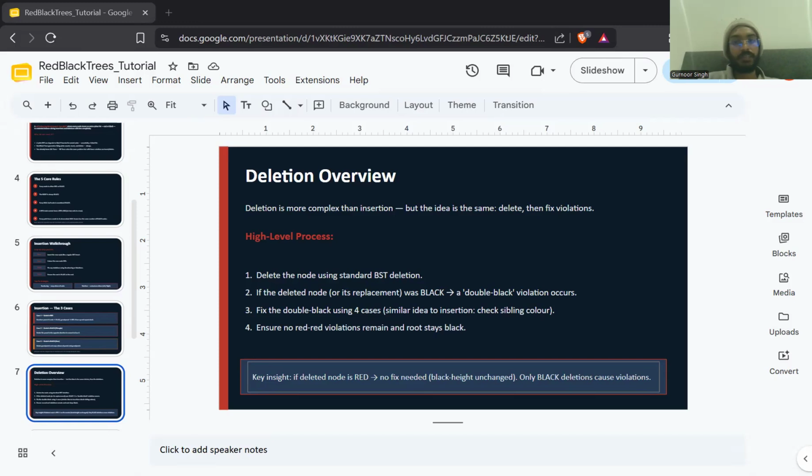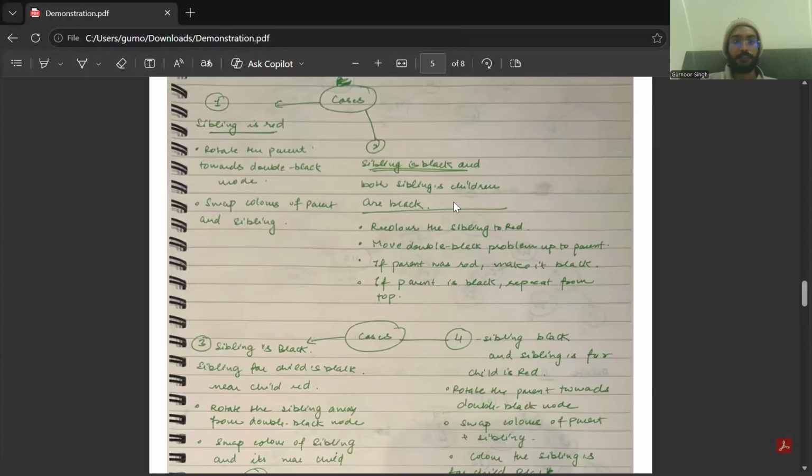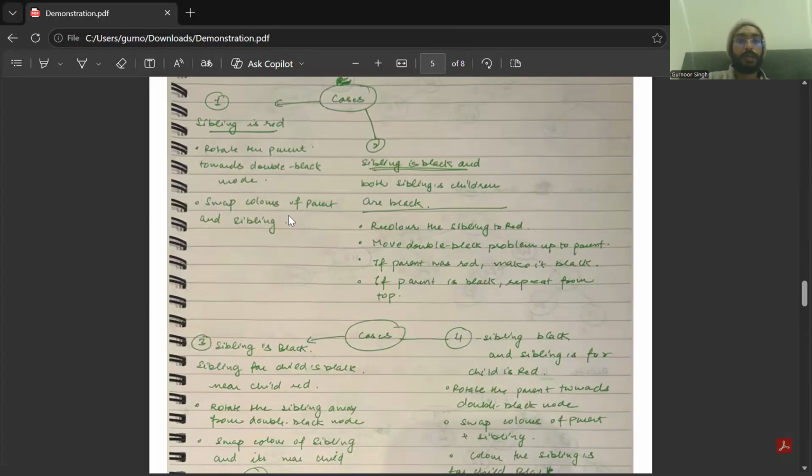So we follow step 3 in that case, and that is we fix the double black using 4 cases, all based on what color the sibling node is. Case 1 is if the sibling is red, we rotate the parent towards the double black side and swap colors of parent and sibling. This sets you up for the next cases. And I'll just show that as well. So here in this case, so yeah. If the sibling is red, we rotate the parent towards the double black node and swap colors of parent and